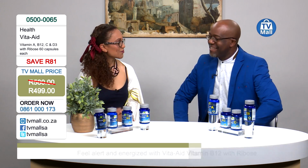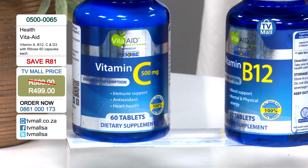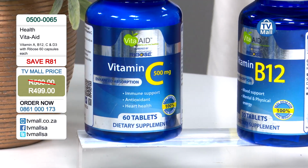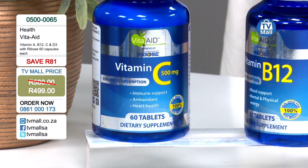Absorption of collagen. Yes, collagen, ladies, we love the collagen. We need the collagen, the cement that puts you together. So that's our vitamin C. And then lastly, our vitamin